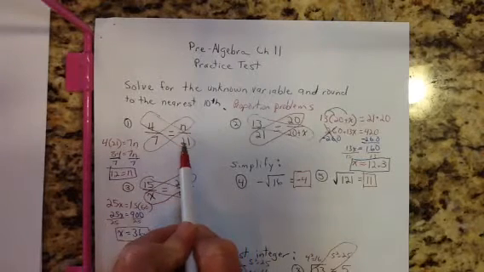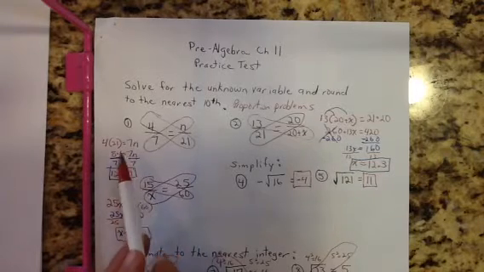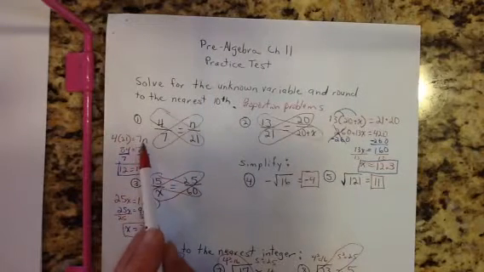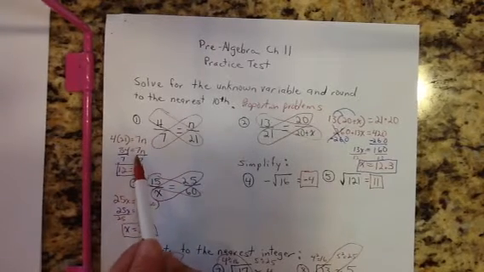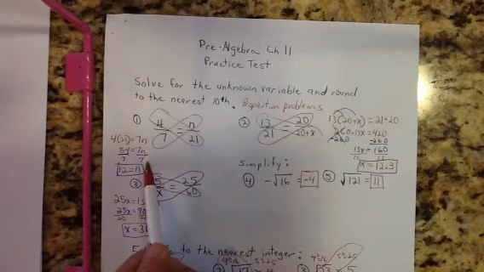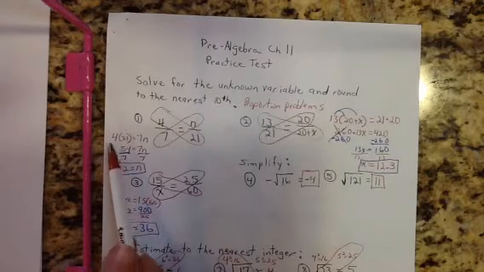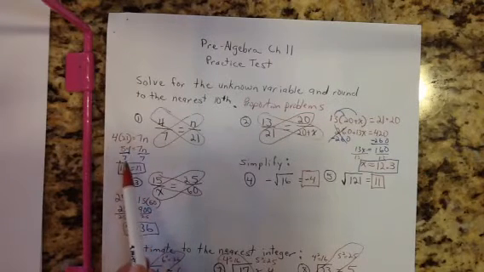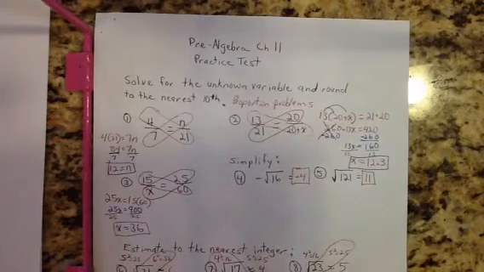So 4 times 21, which is written here, equals 7 times n. And remember, to get a variable alone, you undo what's happening to it on its same side. It's being multiplied by 7, so to undo that, we divide both sides by 7. I wrote that in blue so you could see it. So put into your calculator 4 times 21 divided by 7. You'll end up with 12 equals n. Okay, the next one,